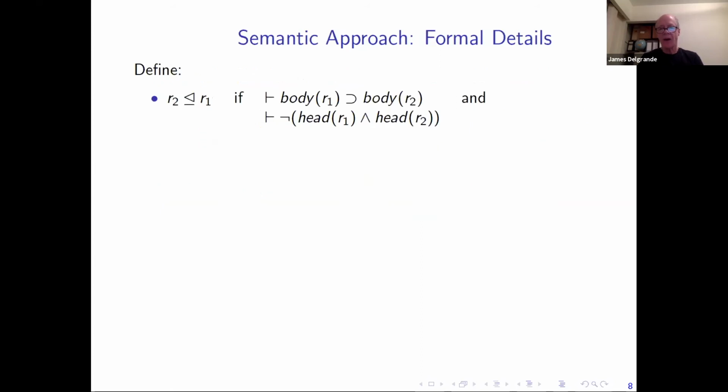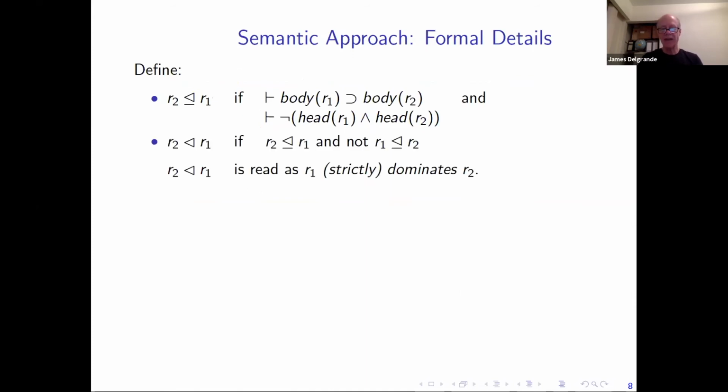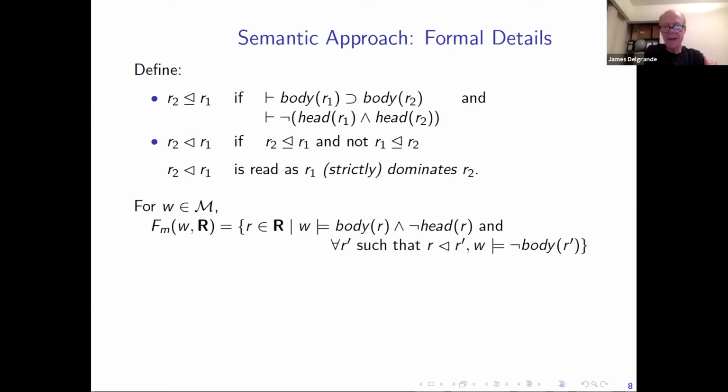Okay, so sketching through the semantic approach, we'll define, I'm not sure how to pronounce this, so I won't, R2 something R1, R1 dominates R2, just if the antecedent or the body of R1 implies R2, and the heads or the consequences are jointly inconsistent. We take the strict part of this, and so what we'll be dealing with is one rule here, R1, strictly dominating another, R2, and given this, we come up with this thing here.